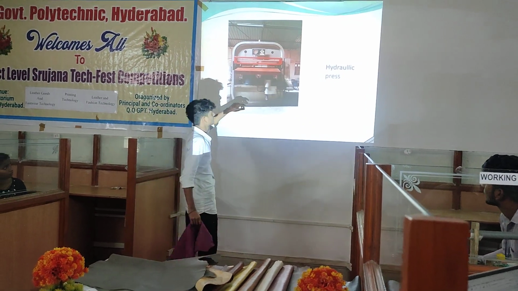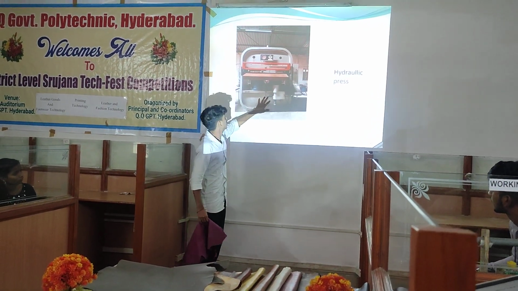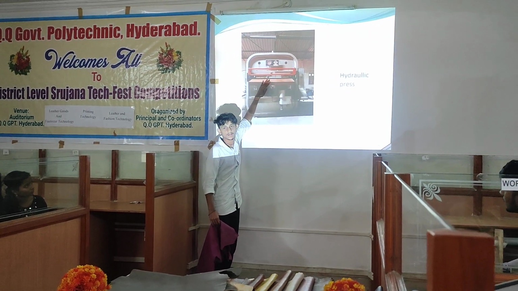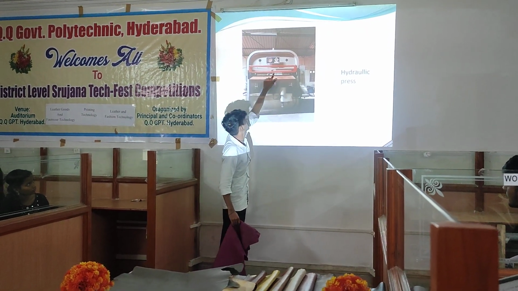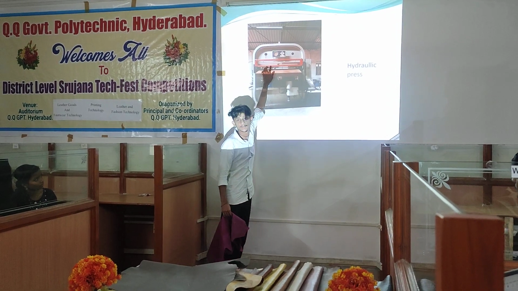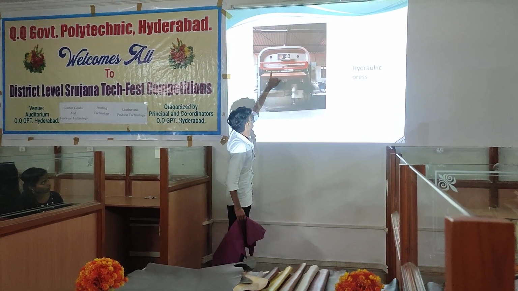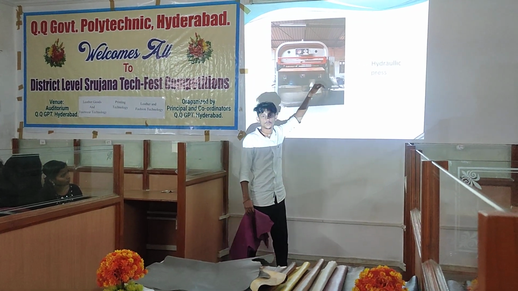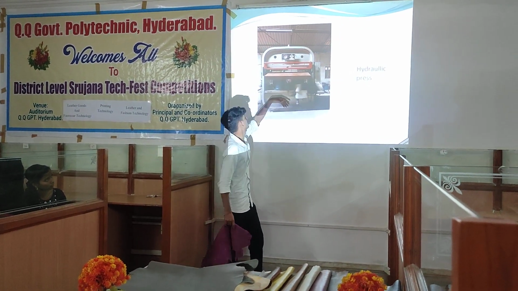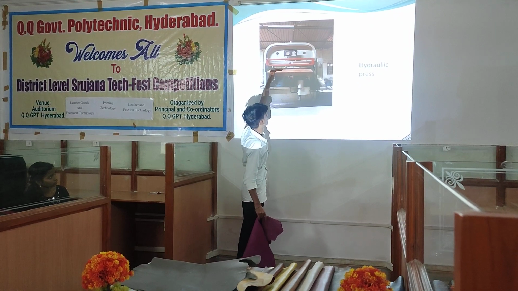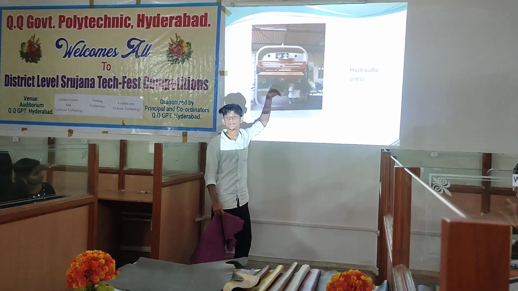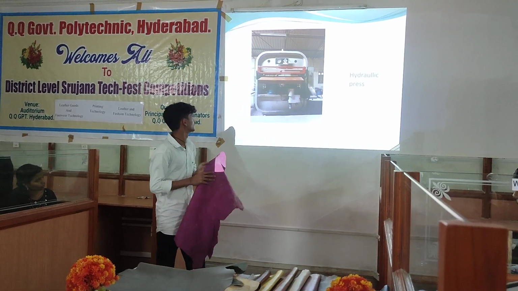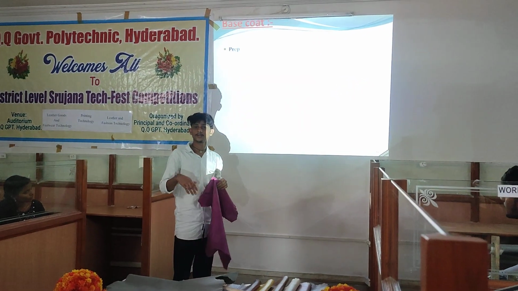Here we can see the hydraulic press. This is the hydraulic press machine. Here we keep the leathers and they are pulled into the hydraulic press. Here we can see the plates, like air-seal plates and design plates. Then we apply the pressure and temperature that we need. We press the plain plates onto the leather, and it comes out very smooth and flat. There are no wrinkles on the leathers after plain plating.